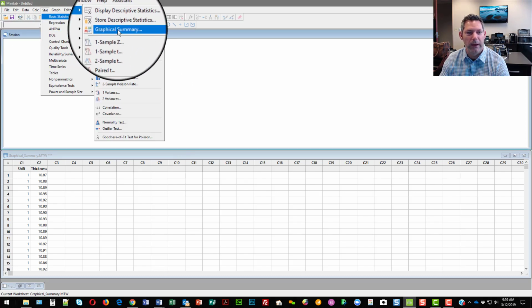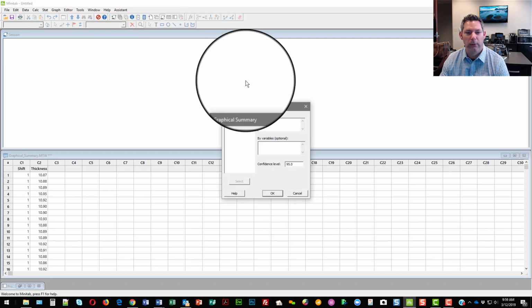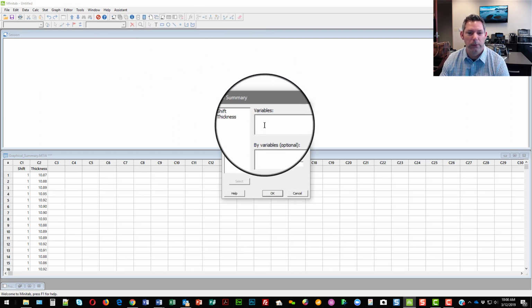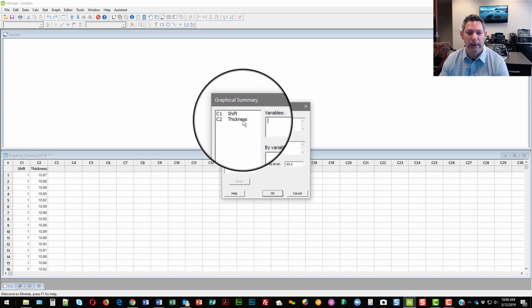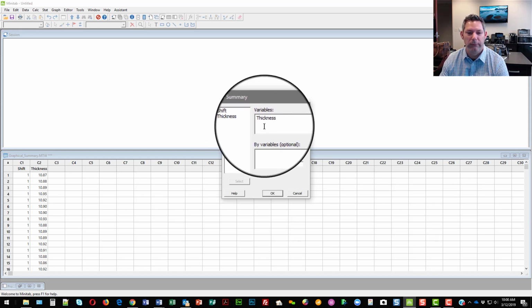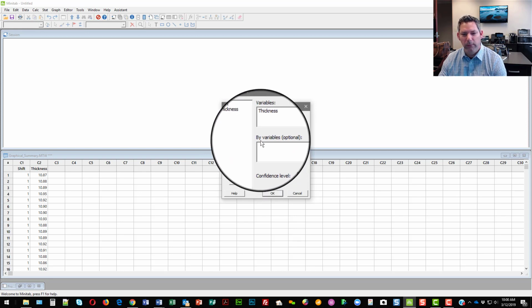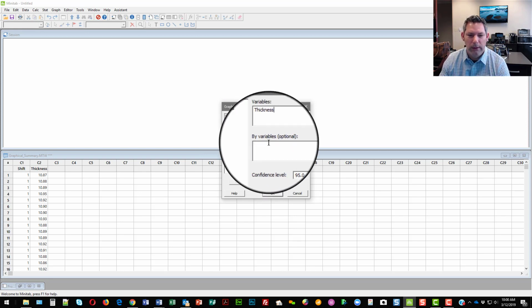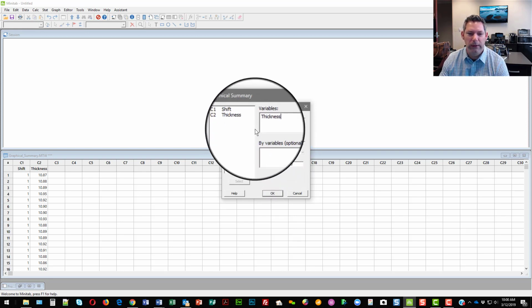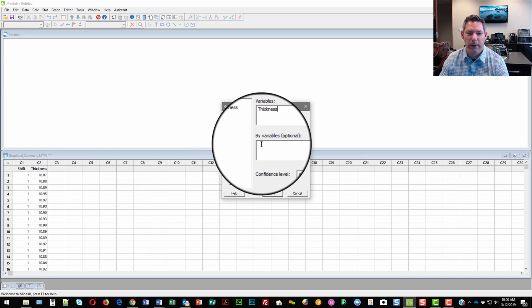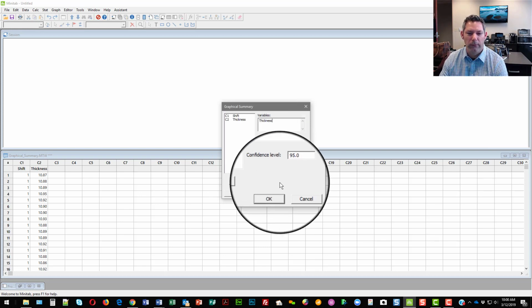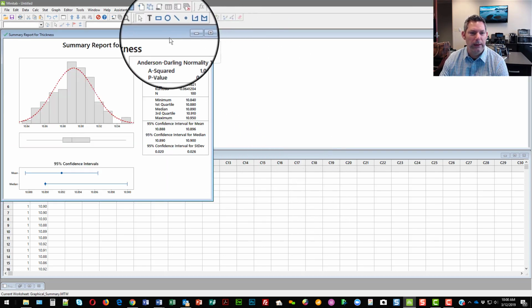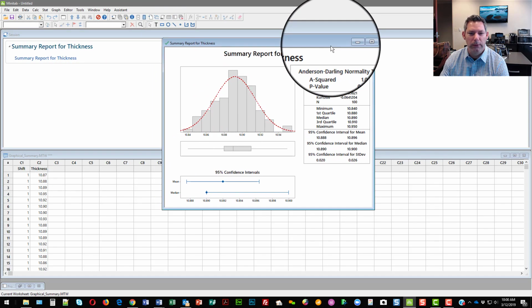Basic statistics, graphical summary. And so what we want to get a summary on graphically is the thickness data, so we'll choose that for the variables. In by variables, we're going to leave this alone for now. If we wanted to, we could put shift in here. We could add shift in by variables, and then we would get two graphical summaries, one for each shift. But right now we're going to look at this overall, say OK, and now we get a graphical output of